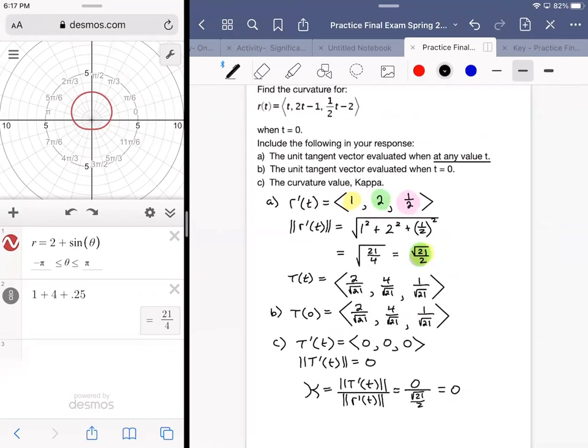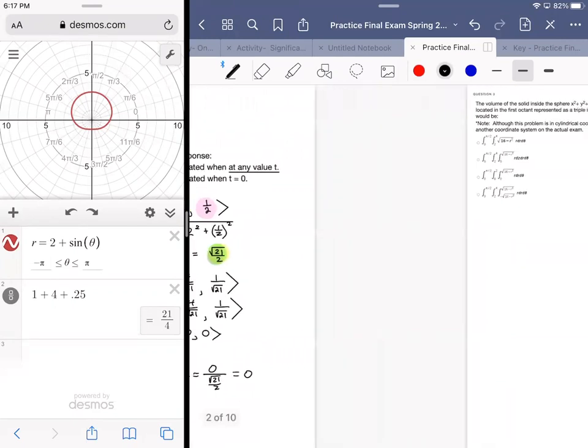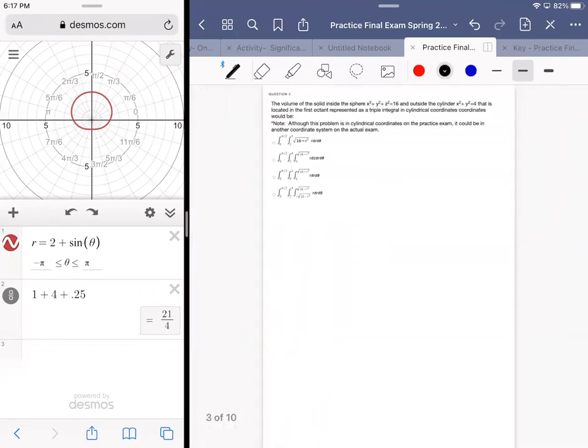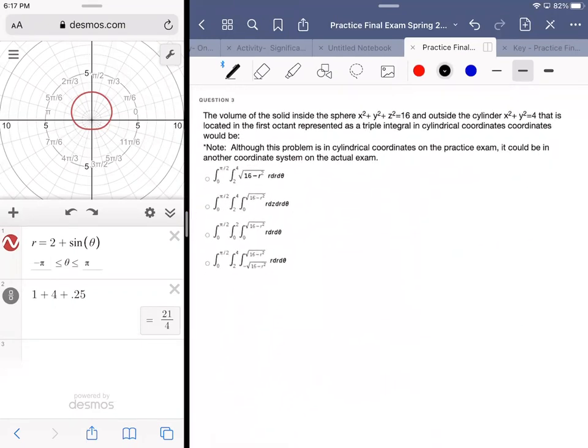So number three starts getting a little dicier, because this is one of those questions where, if you had your own choice in the matter, you might decide to go with spherical coordinates, but the question's telling us to go with cylindrical coordinates, right? So we're stuck. We don't have a choice. You have to use cylindrical coordinates, or at least be able to recognize the cylindrical coordinates answer,